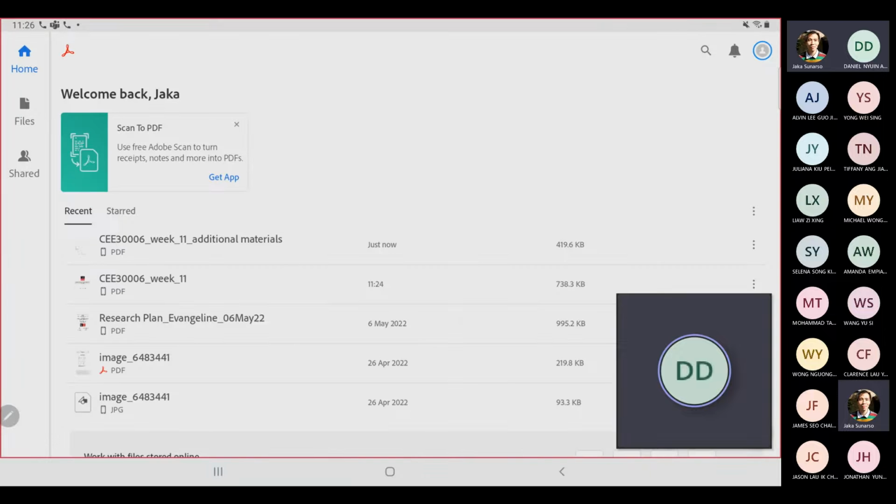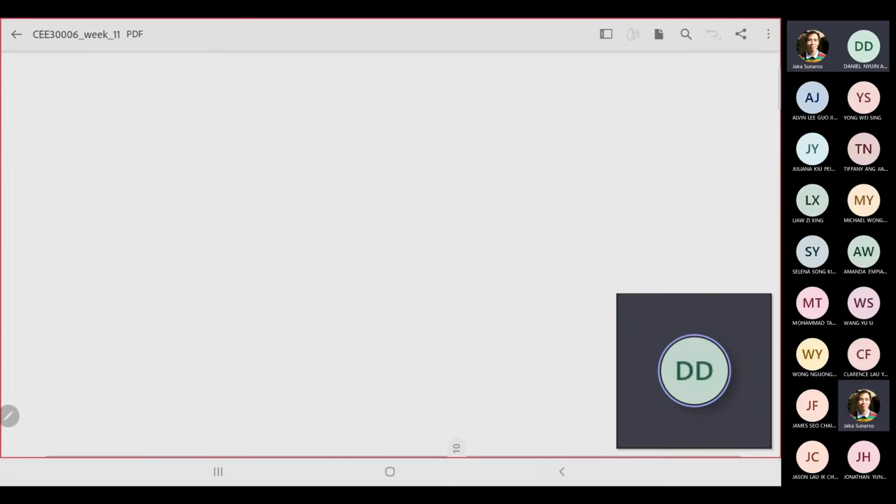Sorry, I tried to rotate these things, but I don't think I can find a simple menu to do that. Sorry, you have to bear with me with this technical problem, guys.